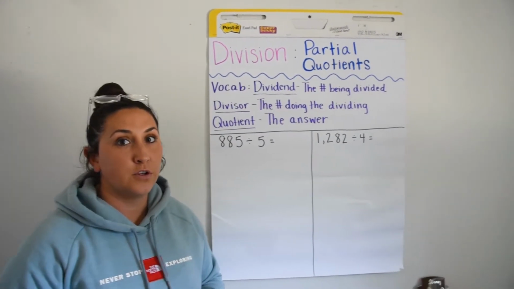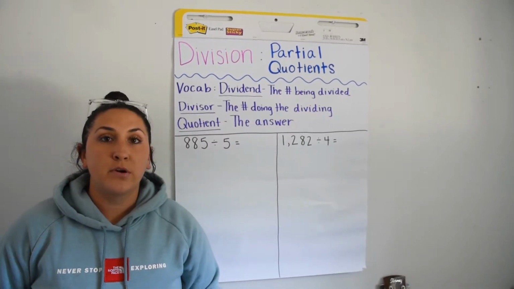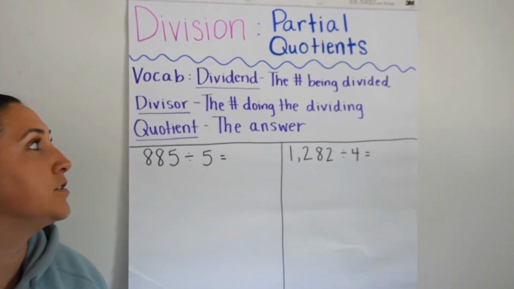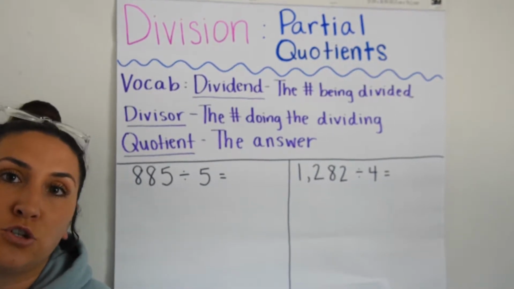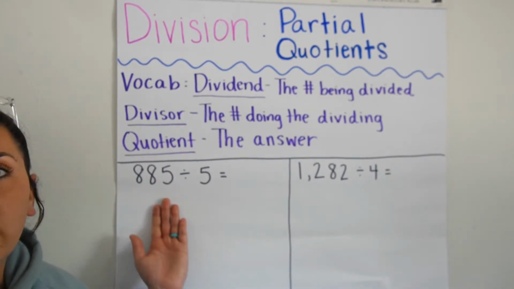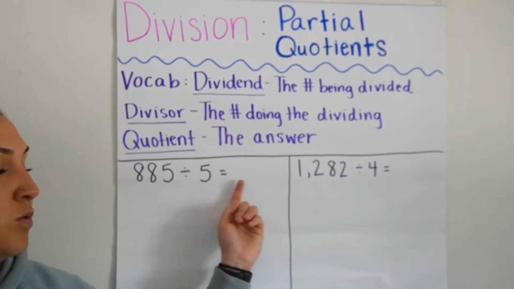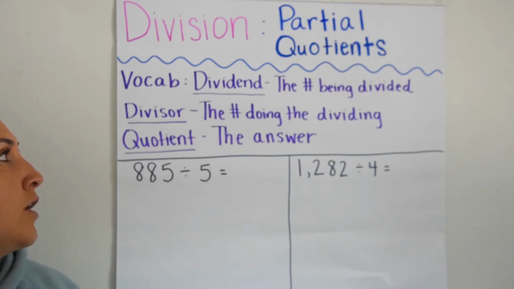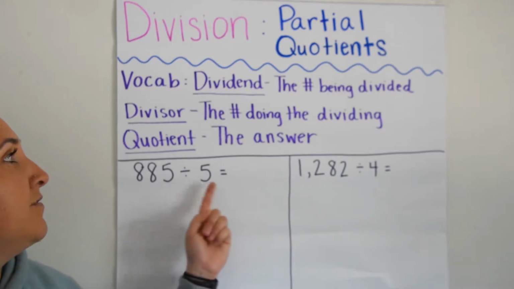Let's start with some review of our vocab. So, our dividend is the number that is being divided, our divisor is the number that is doing the dividing, and our quotient is the answer to a division problem. So take a look here, I've already written it out. We have 885 divided by 5 equals. Looking at these numbers right here, I know that my dividend is going to be 885